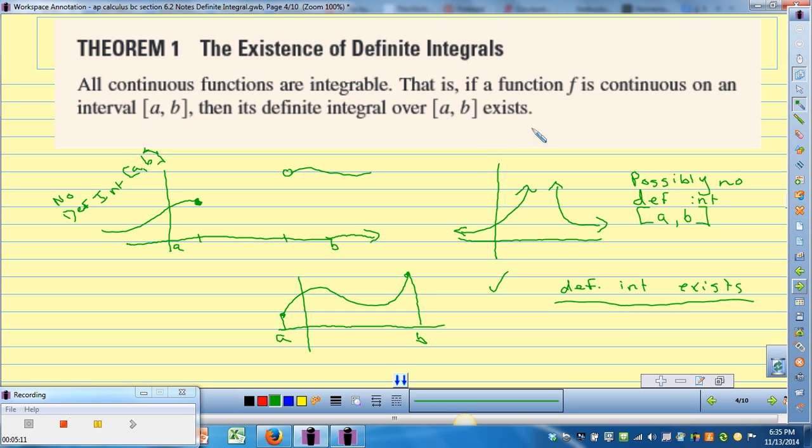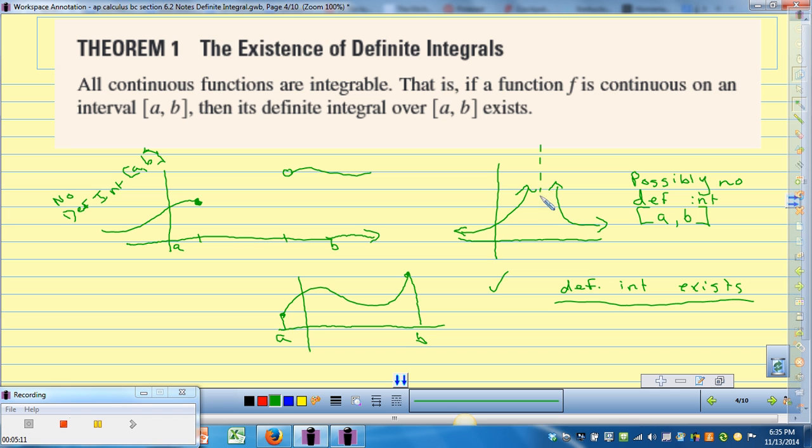one theorem that we should keep in mind when we are finding definite integrals is that all continuous functions are integrable, meaning we can take the definite integral of all continuous functions. So down here we have an example of a discontinuous function with a large area where the function is not defined. So we would have no definite integral from a to b on this function. Over here where we have this vertical asymptote, if I draw it in,